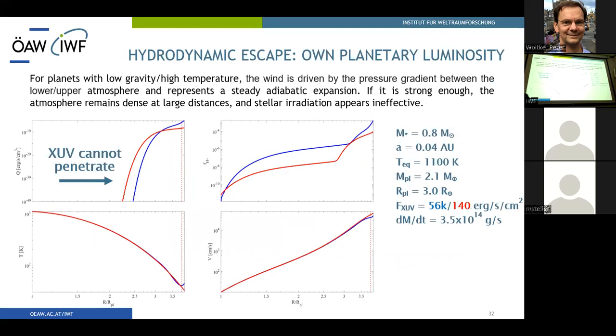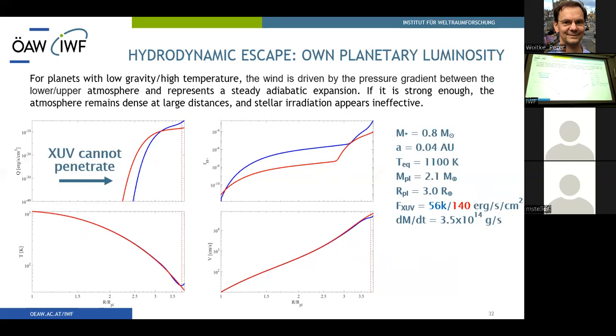However, besides the classic XUV heating, the planet can lose its atmosphere simply due to the combination of its low gravity and high thermal energy. As an example, I show here quite an extreme one, with a planetary mass twice that of Earth and a very puffy atmosphere, quite a lot absorbed. It's not very realistic, such a planet is not going to live. But the important point here is, if